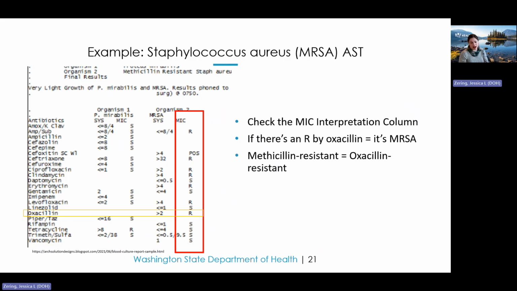Methicillin is an antibiotic that was more commonly used in the lab setting, and resistance to it was first discovered in the lab setting. Therefore, that's the reason why we today call it MRSA and not ORSA. Clinically, however, we used oxacillin. Therefore, if it says resistant to oxacillin, you see that R, it's MRSA. Now let's put this together in an example, how we can actually act upon this in practice.